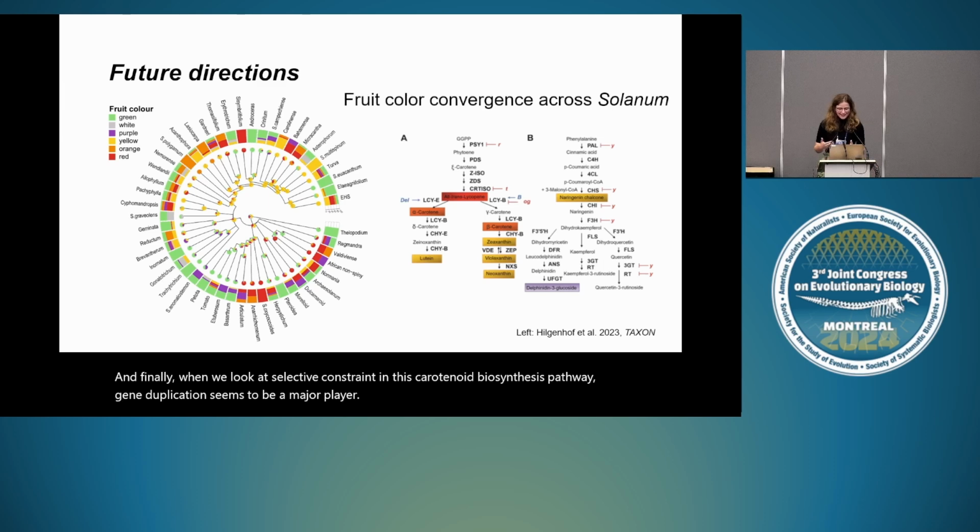And so finally, I hope to expand these sorts of analyses across the genus Solanum to better understand that diversity of fruit color I described at the start of my talk. I think it's really important to look at both these more micro-level analyses as well as the macro-level